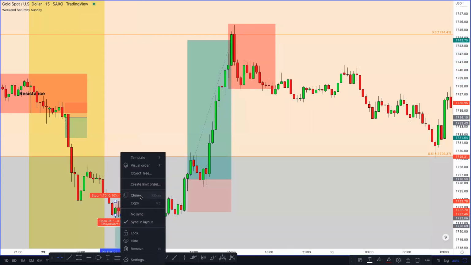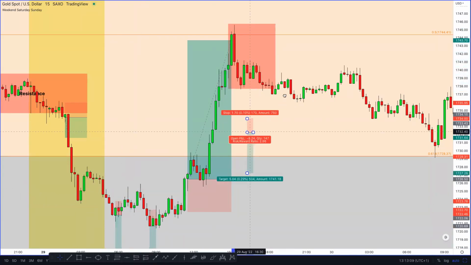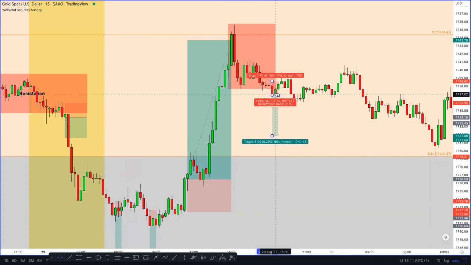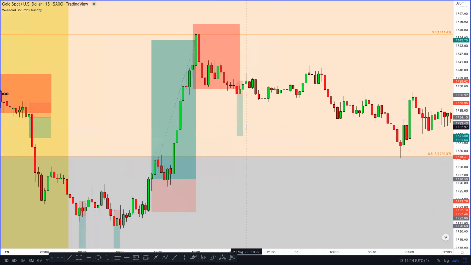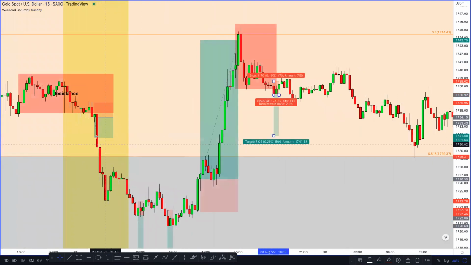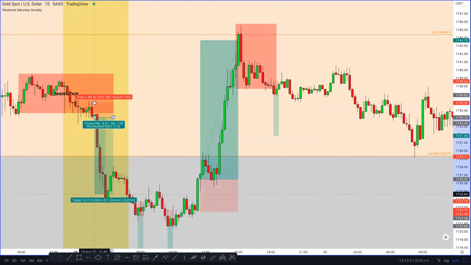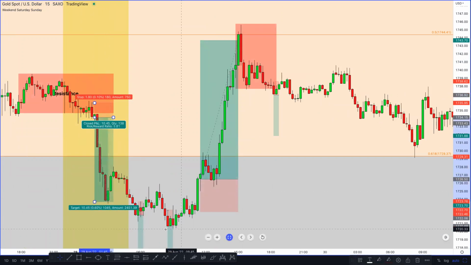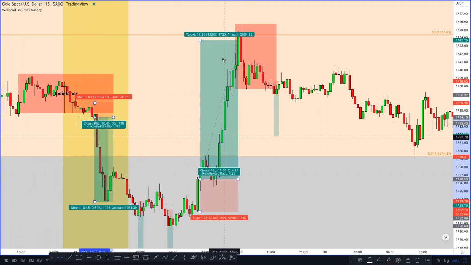Now we're going into the end of New York session. So obviously volatility in the market is a lot slower. So right there, and boom, and we would have had another losing trade. So we can see the difference in what would have worked out here. If you was able to catch this whole move here, very profitable. If you lost here, that's fine. You lost here, that's fine. But then when you took this trade, very profitable.